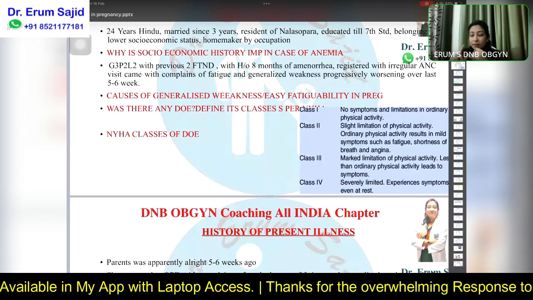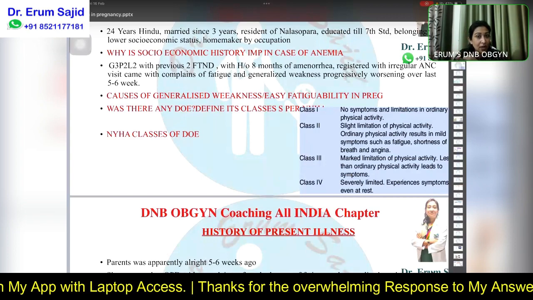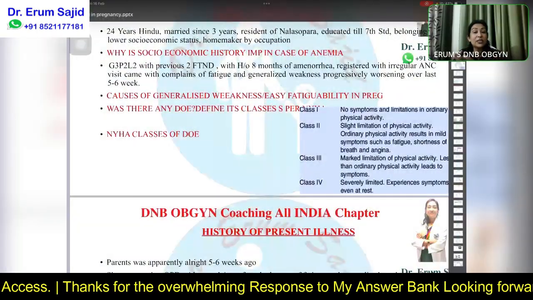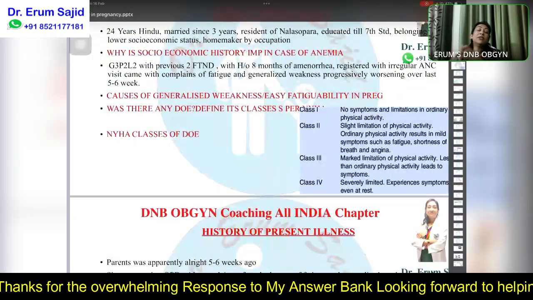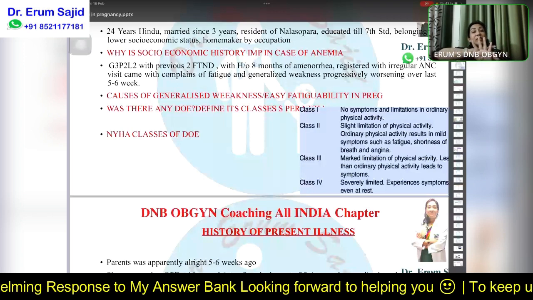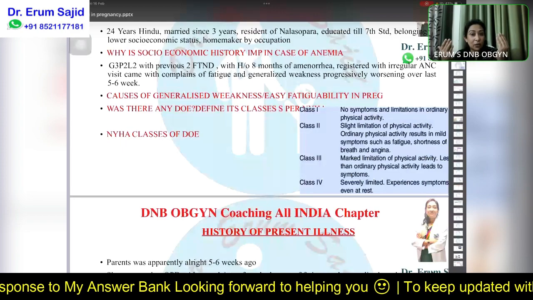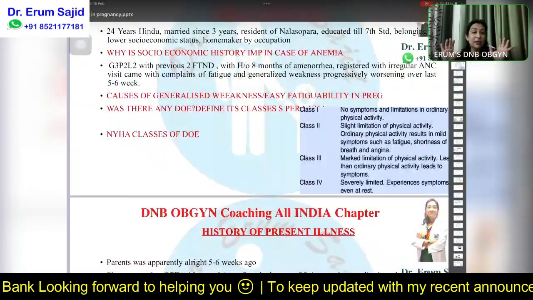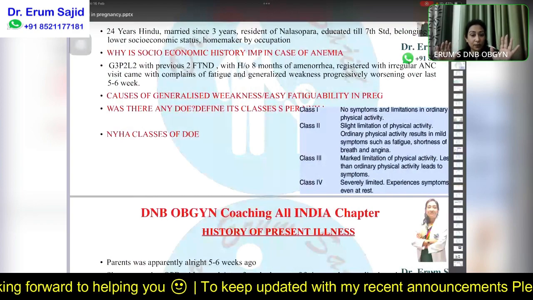So maybe it's physiological, maybe she's having anemia, maybe she's having an underlying cardiac disease, because as you can see she's pretty non-compliant, and maybe she's having hypothyroidism. So from here we are going to ask questions directed to these 4 DDs which have come into our mind. My negative history is going to depend on these 4 mostly. This is what I want to impress upon you. All right,